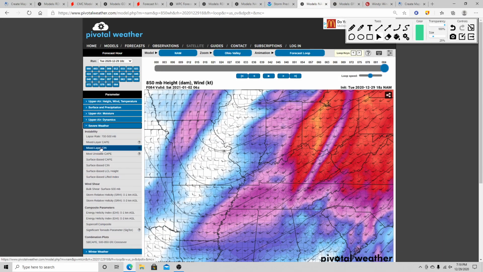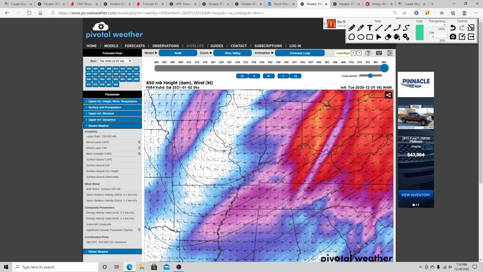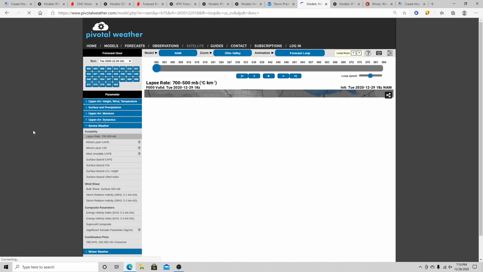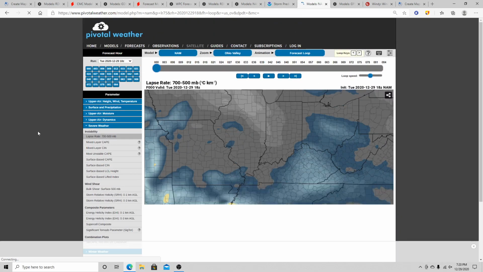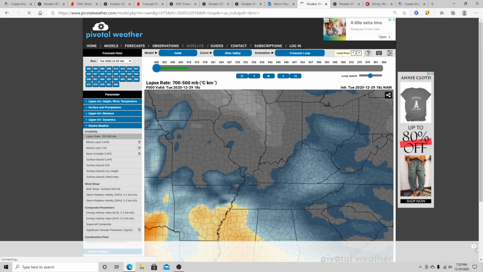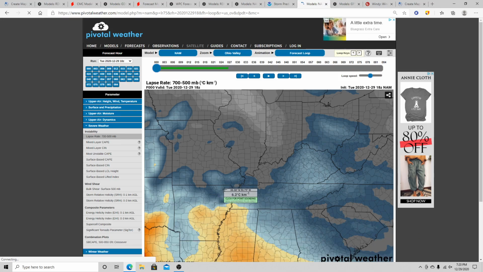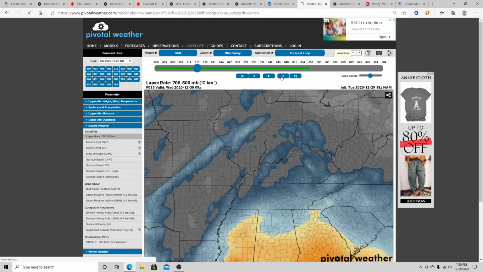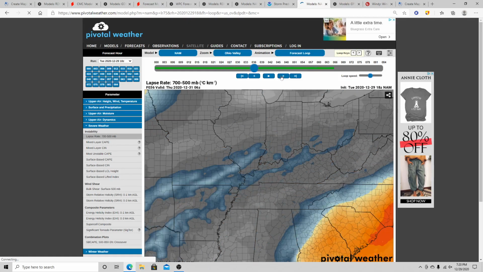And probably the next one, we'll skip some of the ingredients, but we'll take a look at some of the main ingredients. Lapse rates are looking quite interesting here. These lapse rates are going to help thunderstorms build here. The higher the numbers, the better the environment for thunderstorms there is. So,